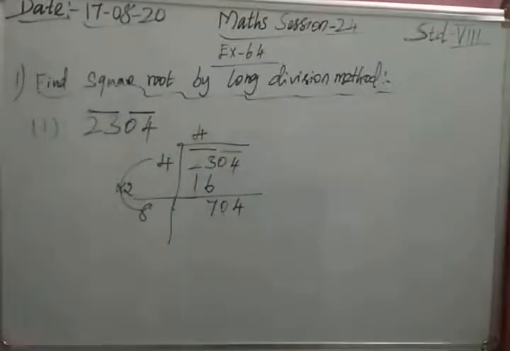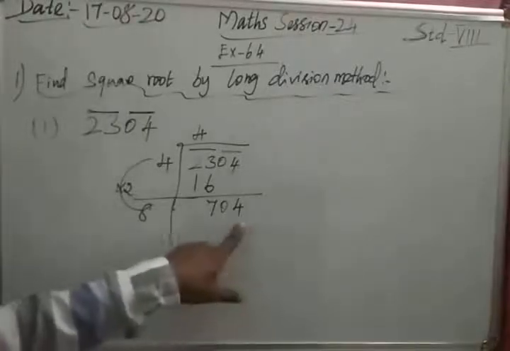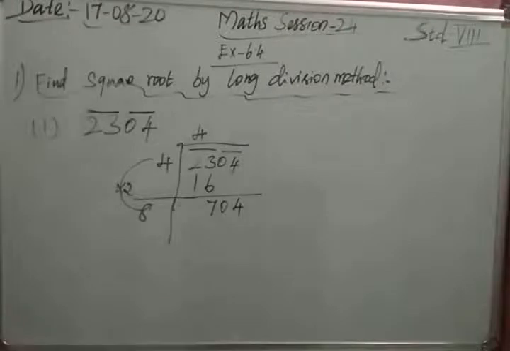Always think one more thing. Whenever we are ending with 4, which square numbers are there? You all know that, right? 2 2s are 4, 3 3s are 9, no problem. Then 4 4s are 16, no possibility. 5 5s are 25, no possibility. 6 6s are 36, no possibility. 7 7s are 49, no possibility. 8 8s are 64. There is the option of finishing with 4.